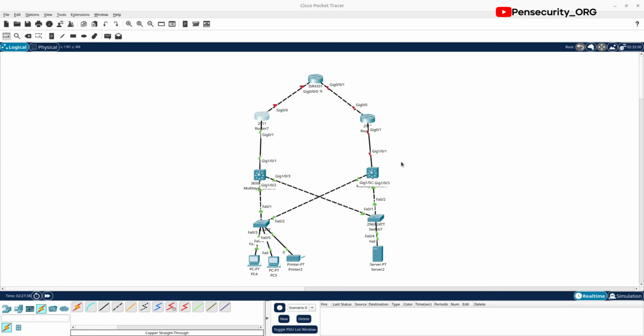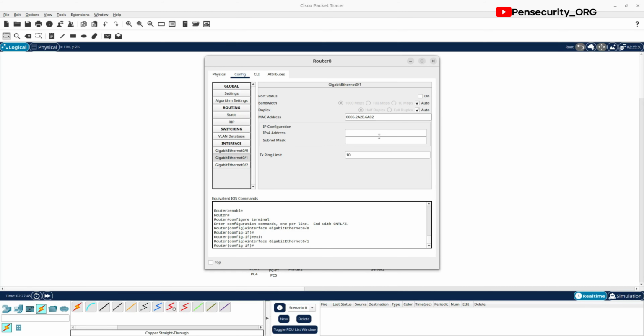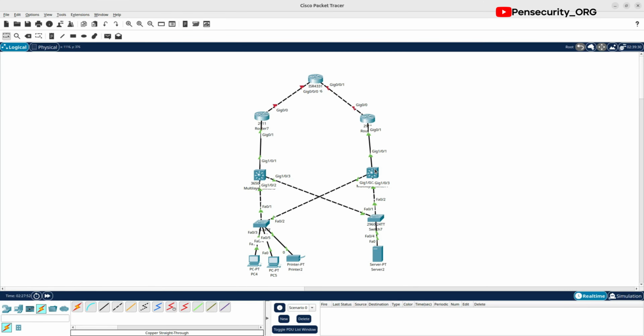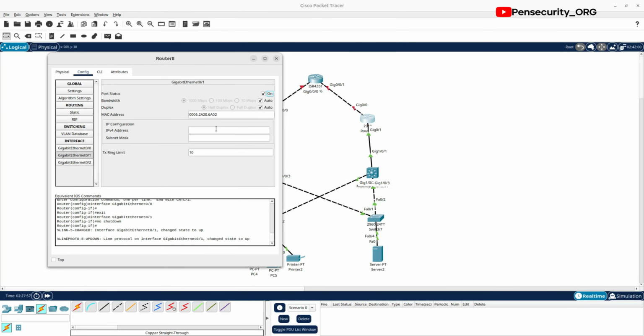We've done that for this router, so we'll do so for this router as well. So we'll go to the interface. We'll start with this interface. We'll turn it on. For that interface, I think it will be 5, because if you notice here is a 6, so here will be 5. So say 192.168.99.5, 255.255.255.252. So we'll come to the top here, we'll turn it on,